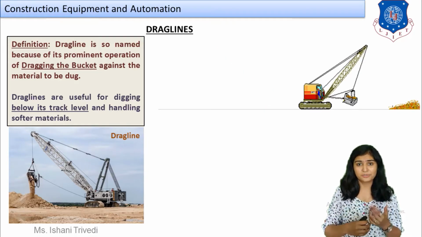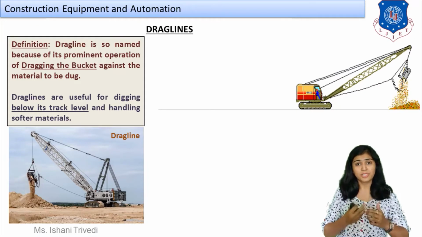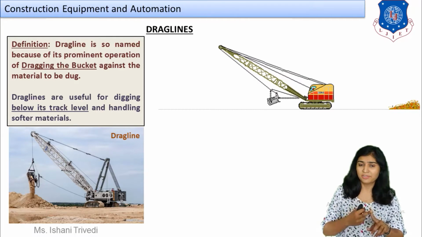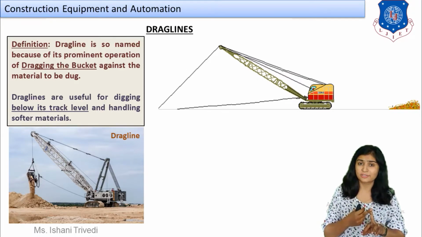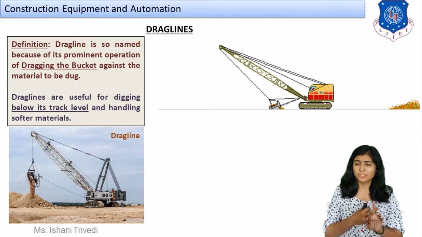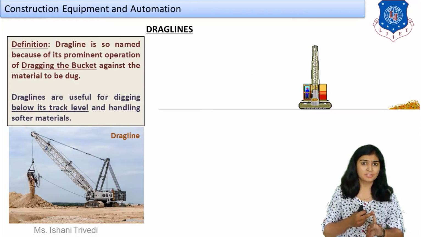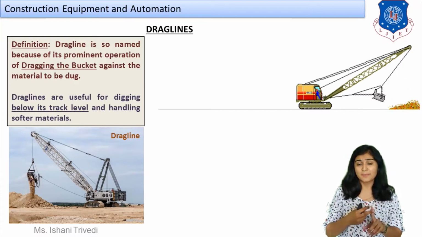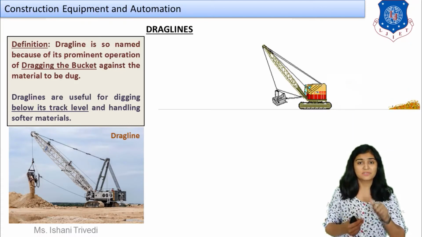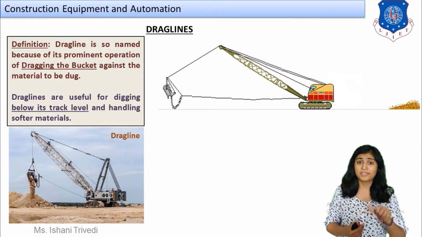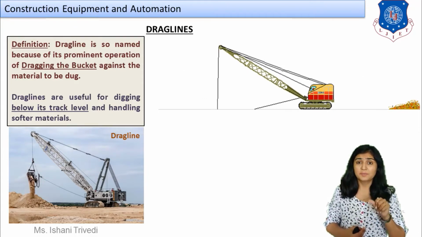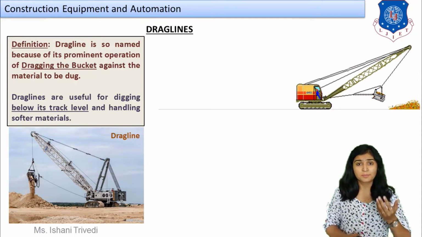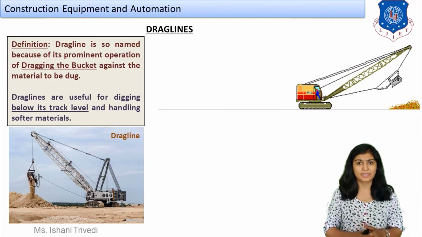So whenever we discuss any type of equipment from now onwards, we are going to talk about its basic concept, its definition, its various parts and its cross-sectional sketch. Then we will talk about its operation and working, and at last we will talk about advantages, disadvantages and its specific applications. The applications are important for us because each and every type of excavator is going to have various specific applications. We will have specific parameters and points about at what place and at what condition this type of excavator is used.